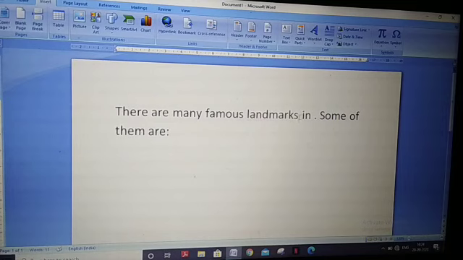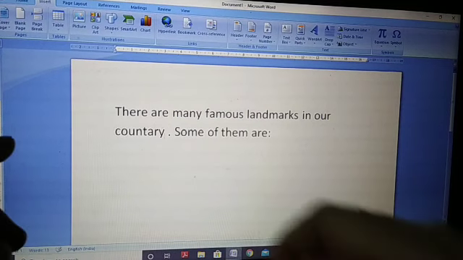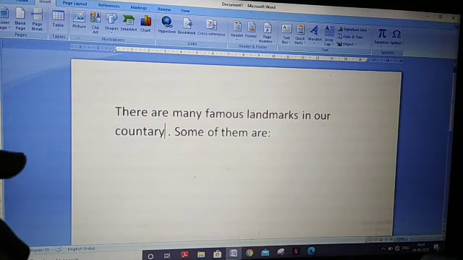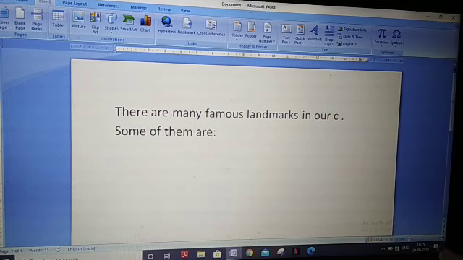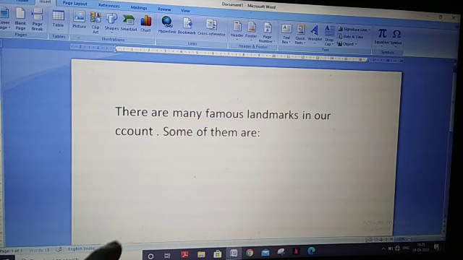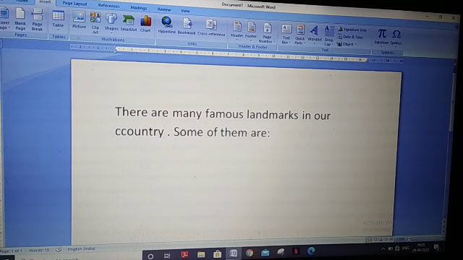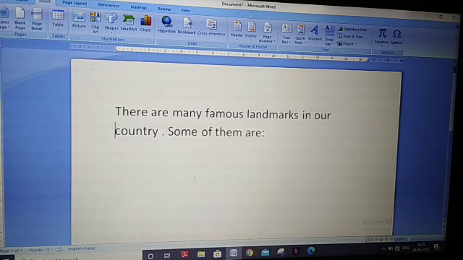Give space, in, country. This way we can insert text.